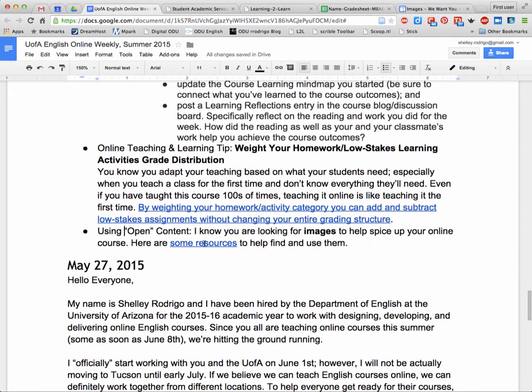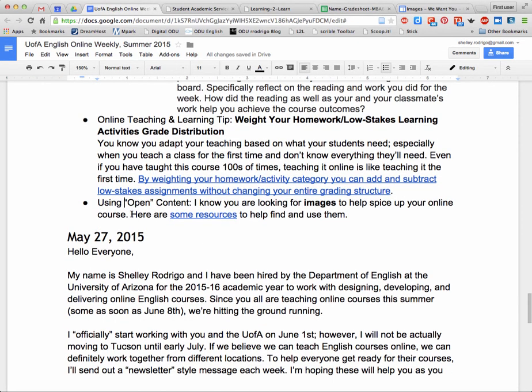Finally, I'm adding one more area to our weekly notes: using open content. I know that we're using a textbook; it's PalmQuest's book. However, you might want to be using other stuff on the web, and so I'm going to try to help with that. First and foremost, people try to incorporate images to help spice up the online course. This link takes you to